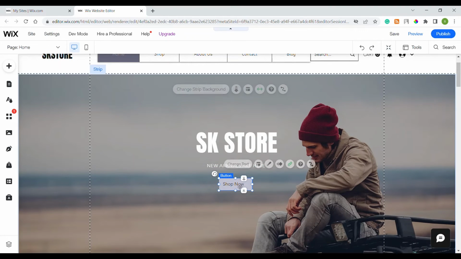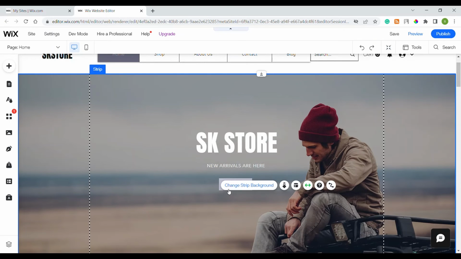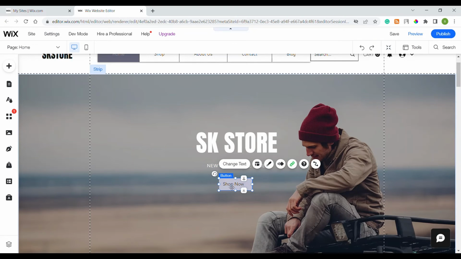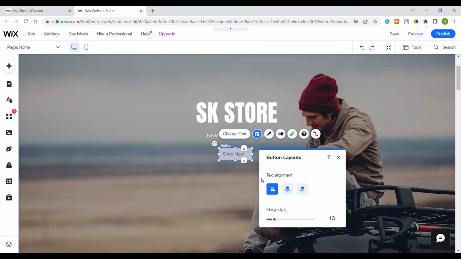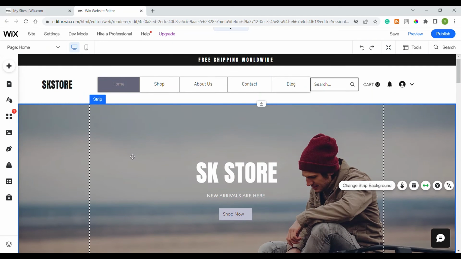So right now I have just shown you how to do it. Don't go with this alignment, it is not proper, I know, but still I have tried to show you. You can try doing it on your own, and let me know in the comments